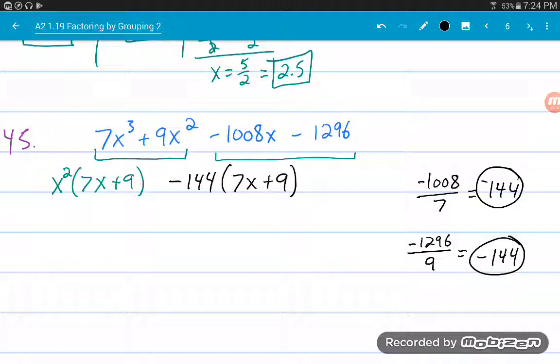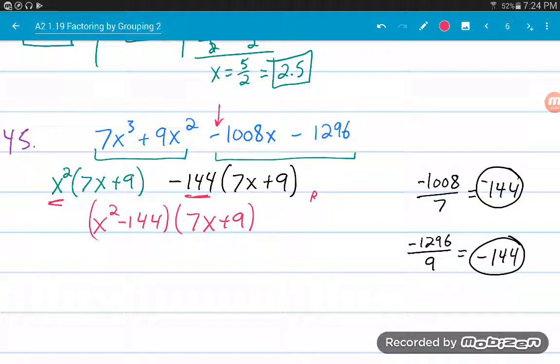Now how did I know that it was supposed to be a negative 144? Because of that right there. You can check if you want, distribute this back in, do the multiplication in a calculator, and check to make sure that you get these, but I promise it's correct. Now what I do is I combine my outside stuff, x squared minus 144, and my inside stuff, 7x plus 9,